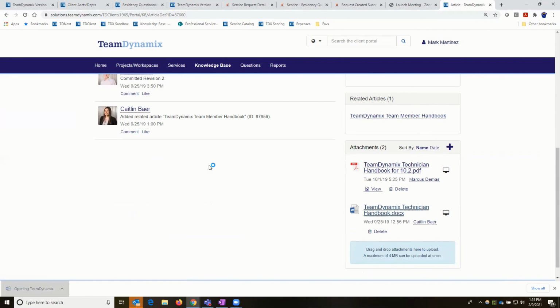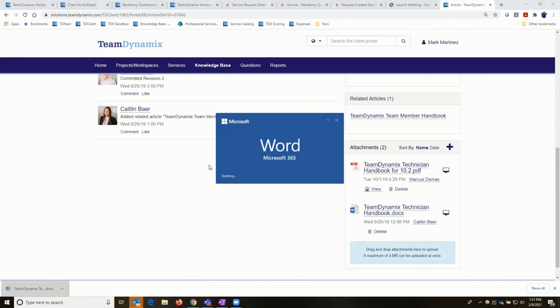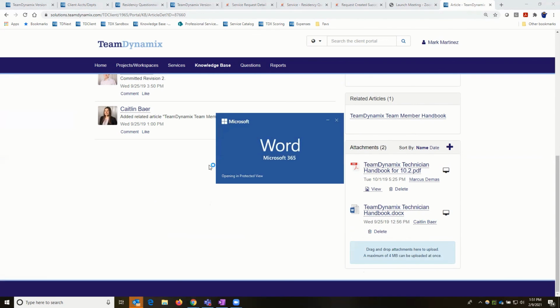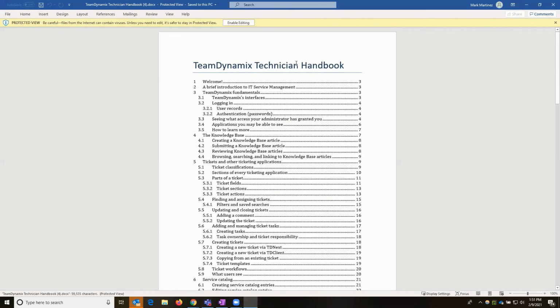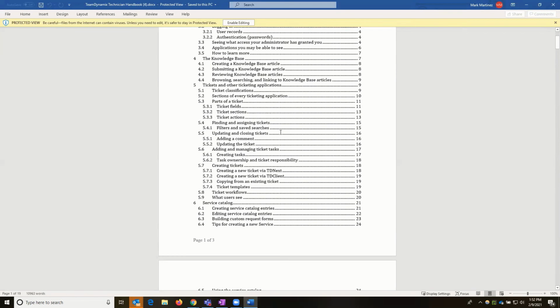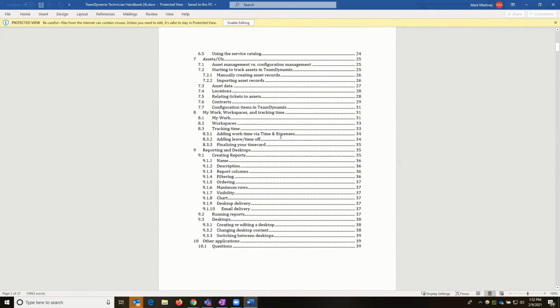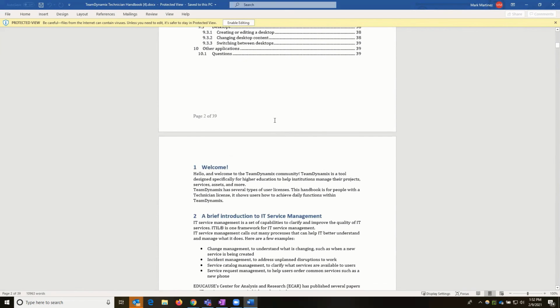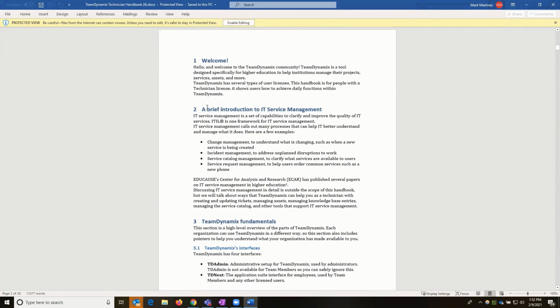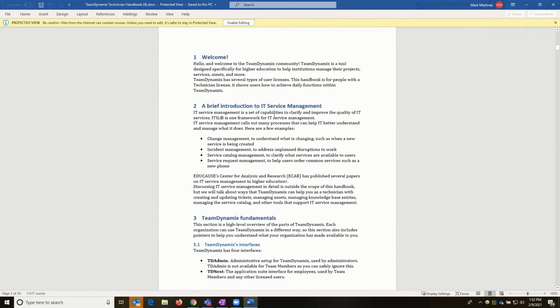And you guys can Imperialize it, if you will, right? Because it is a Word document, it'll have a table of contents and information specific to technicians. And you guys can slap your Imperial logo on here. It'll just walk you through typical interactions that technicians have, right? Introductory to service management,